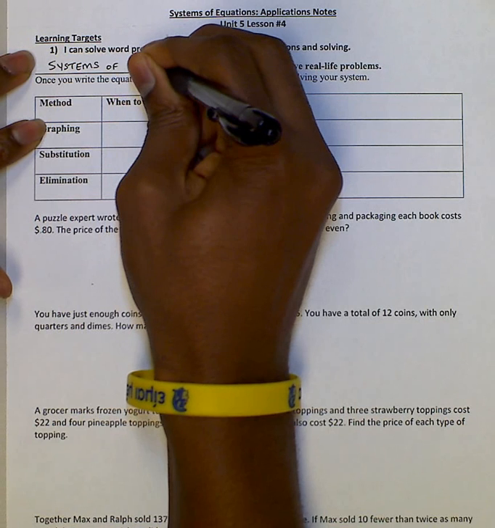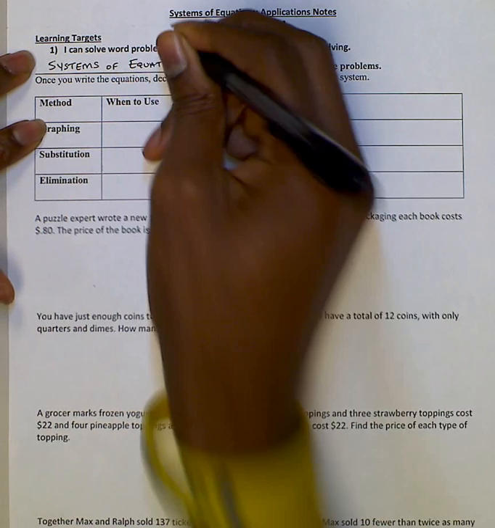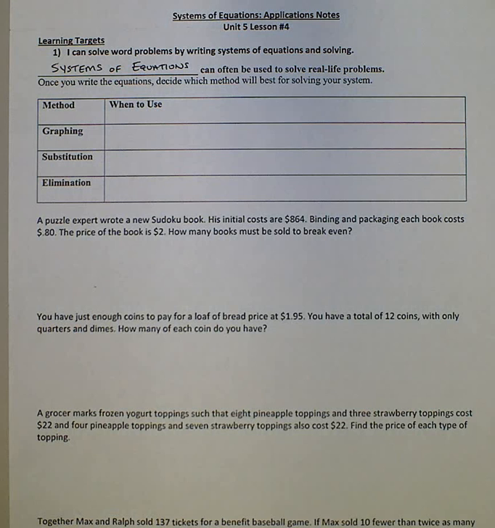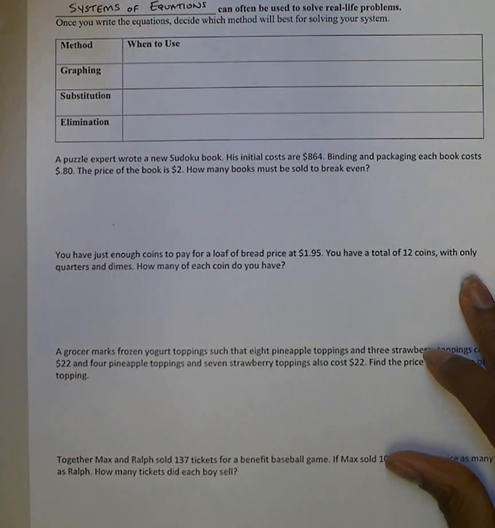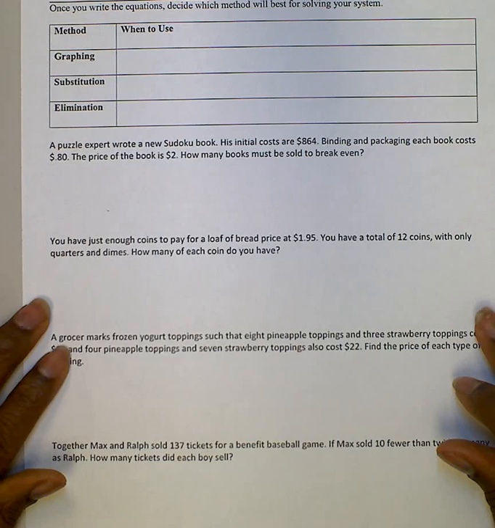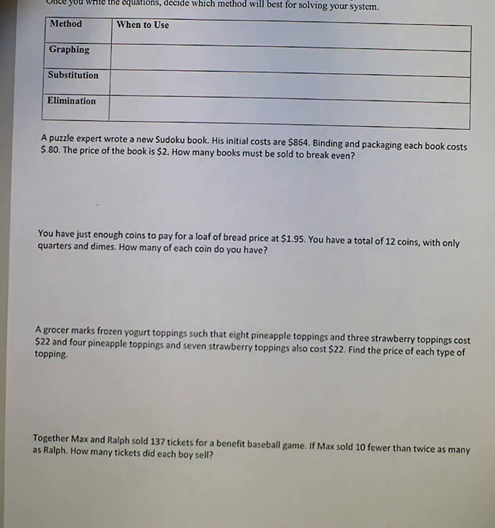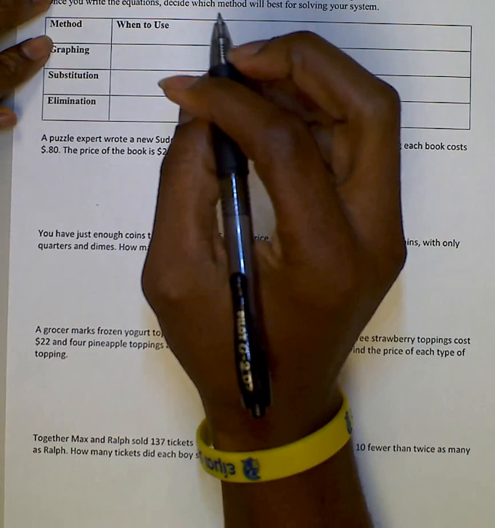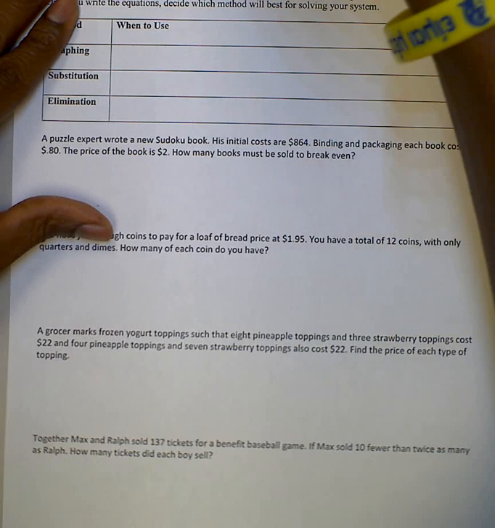Just before we get into it, we want to make sure that we remember the three methods that we can use to solve a system of equations. Here are the three methods: graphing, substitution, and elimination. The times when you should use these. Graphing, if you're trying to solve a system of equations,